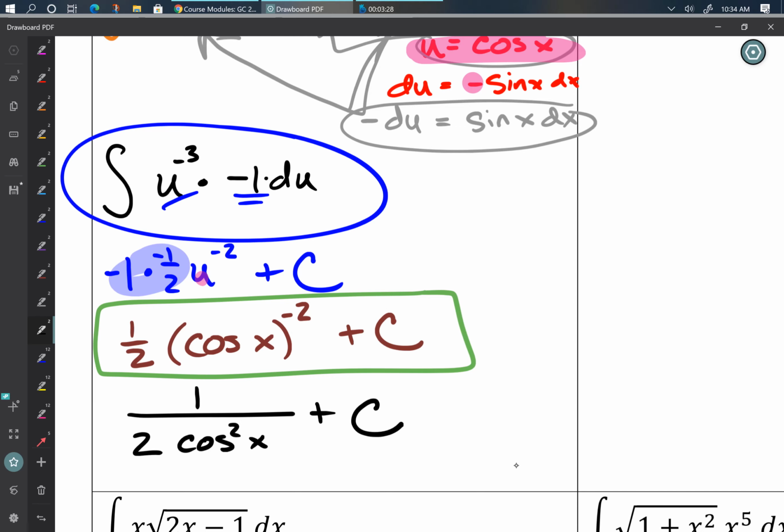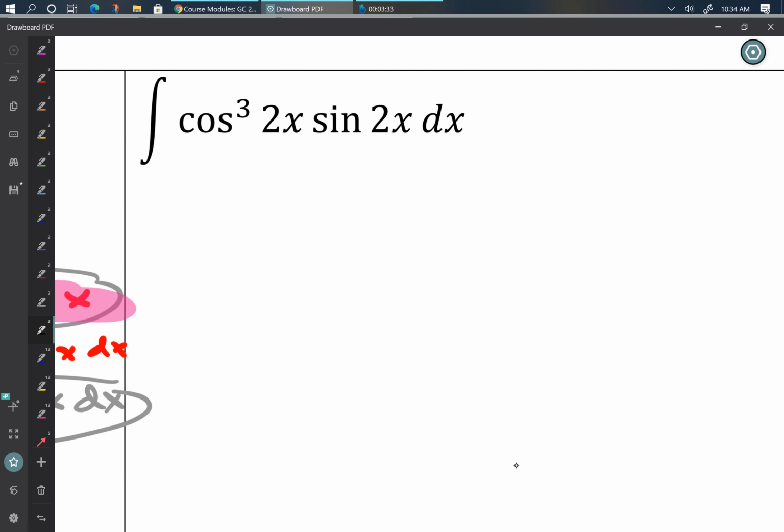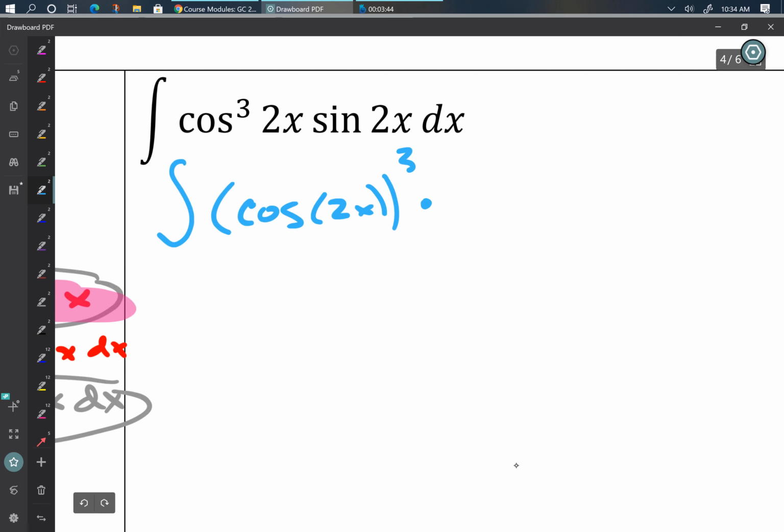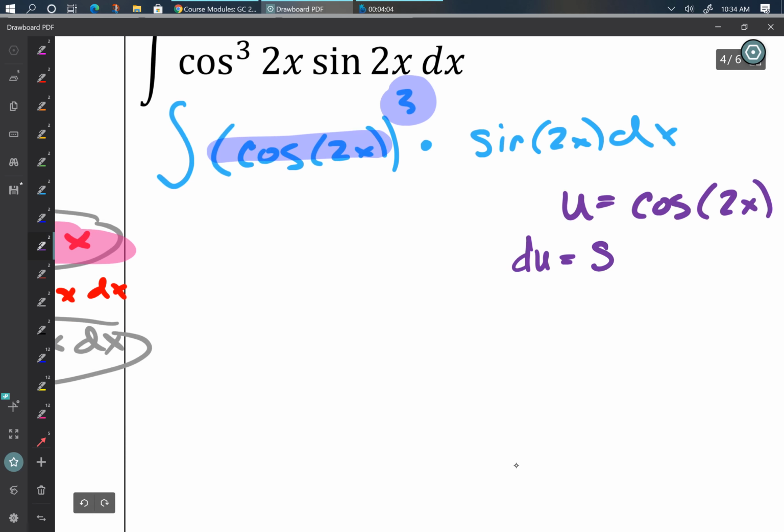Okay. More examples. Ooh, hey, I remember doing one like this before, so I know what to do. I'm going to rewrite first of all so it's easier to see. This is the integral of the cosine of 2x cubed multiplied by the sine of 2x dx. There's my composite because that's cubed. So then we'll let u be the inside piece. The differential then du is going to be